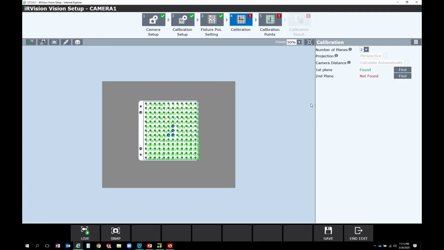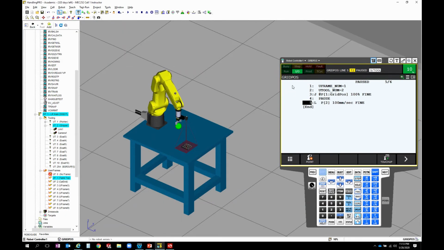And now I need to find the second plane, but before I do that, I'm going to go back to my robot and move it 100 millimeters further away. So I've set up my grid position robot program, or motion program, to define those two points. My first point here is point 1, and then I entered in a pause so that even if I'm continuously moving the program, it'll pause here before moving to the second position, which moves the robot at least 100 millimeters above the calibration grid. So now if I just go ahead and hit shift and forward,